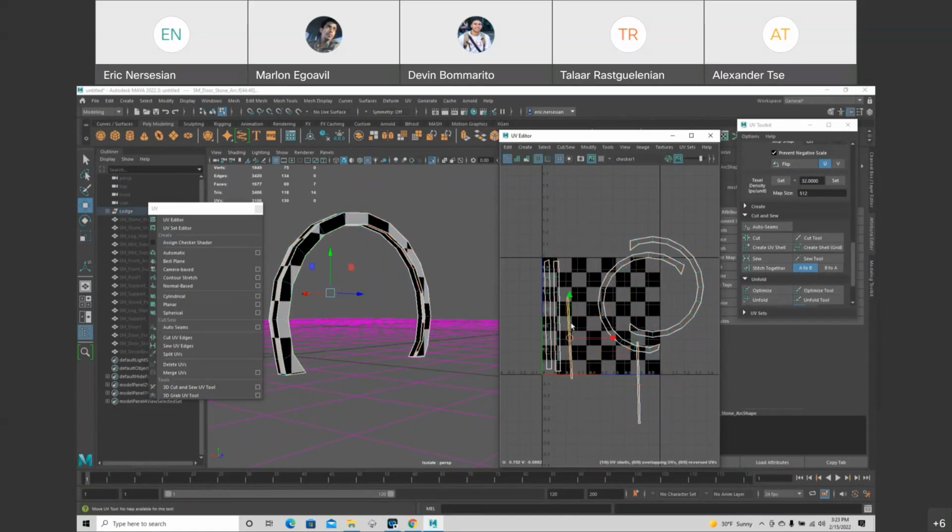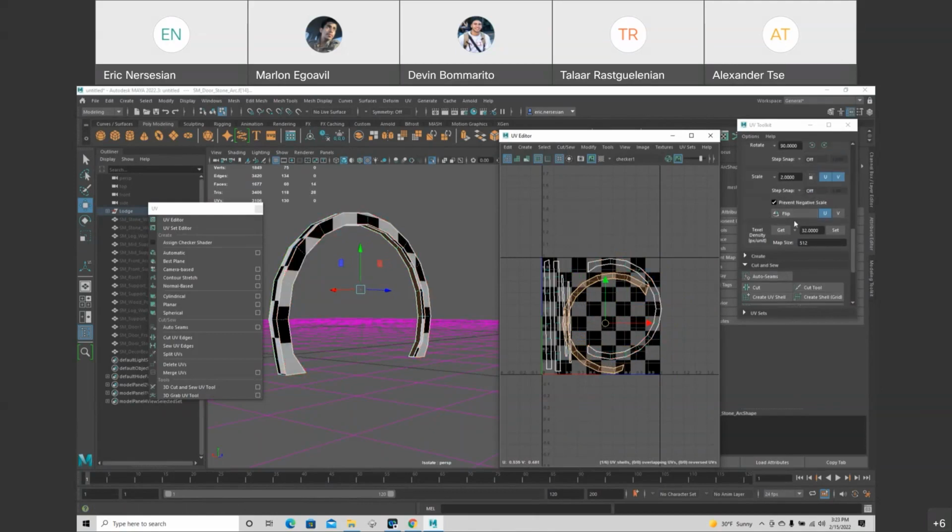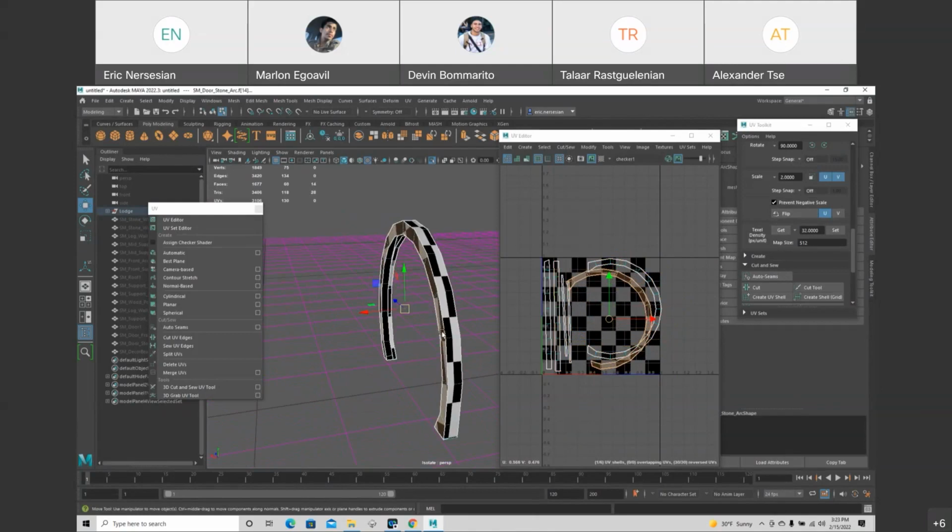I'll position these. The other thing to think about, let me try flipping it. One thing I'll think about is that this is the back face.